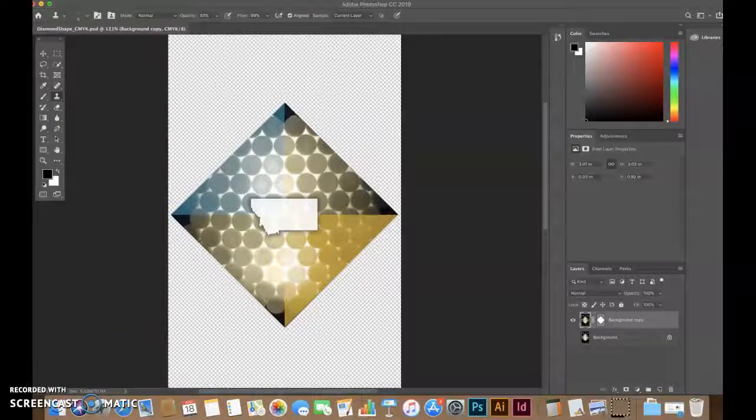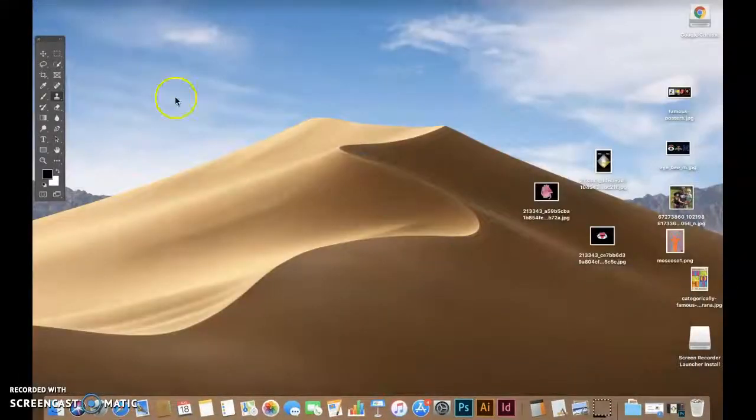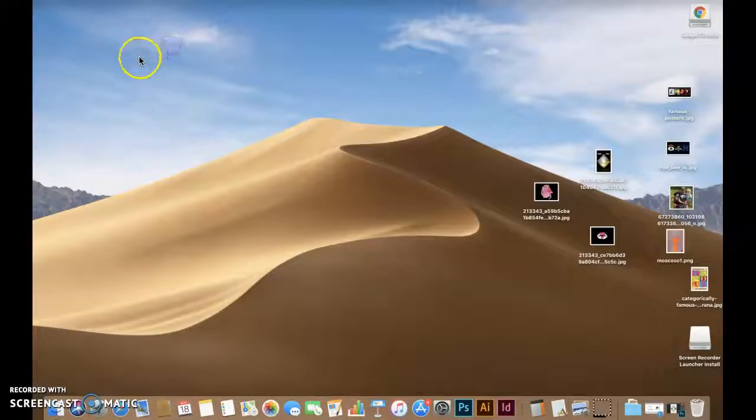Hi, so as you know, we've saved this out of Photoshop, and as you can see, a big part of constructing photos or layouts is actually gathering the elements, so images that you're going to be